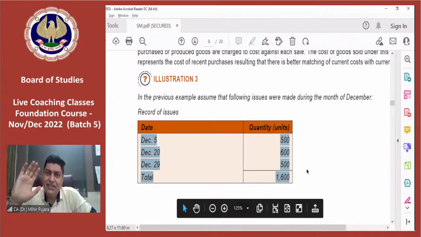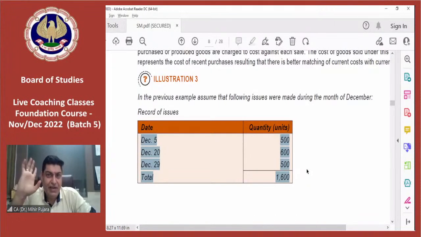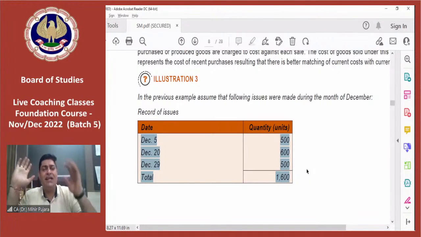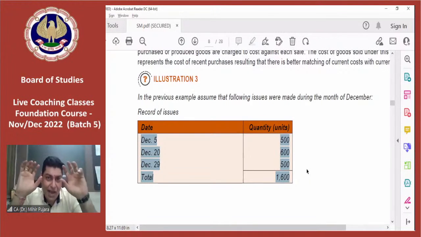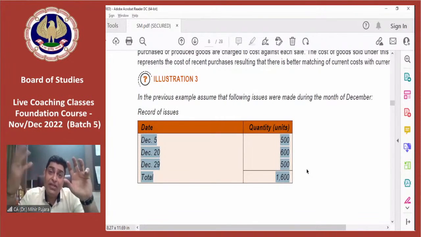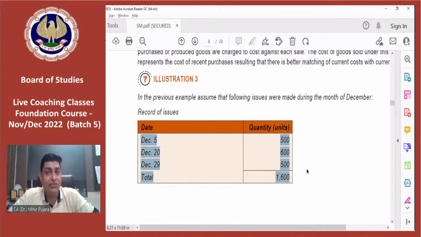So guys, it's very simple to understand. 2600 purchase units minus 1600 issue units, so my closing stock will be 1000 units. But the point is, in this 1000 units, which units having which price will be part of the closing stock? So basically, this FIFO, LIFO, average, which methods we are learning today,